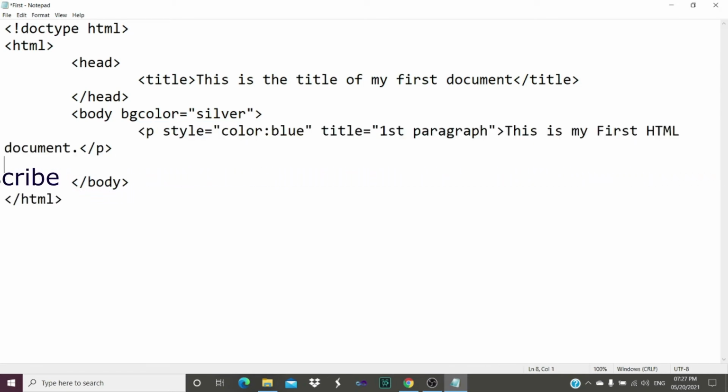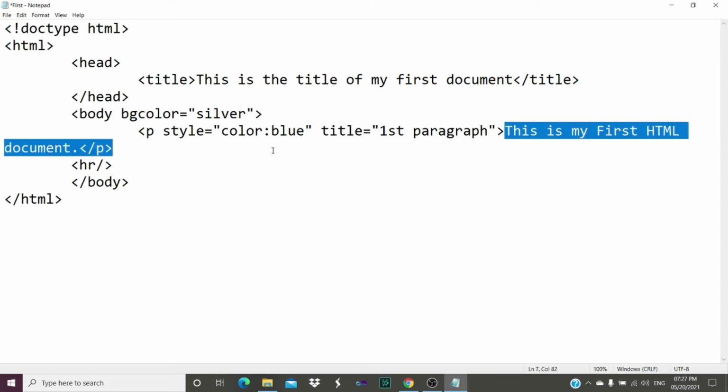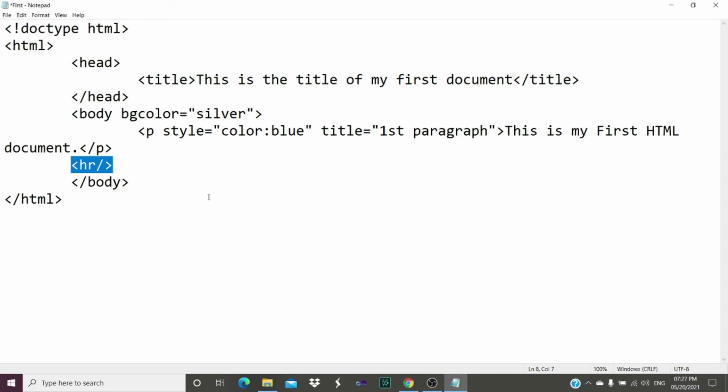We will use over here the HR tag. That is, I want the horizontal line. So over here, I have added the HR tag. So after this is my first HTML document, right? This statement, which will be displayed on our web page, we will have one horizontal line. Now, after that, we will give the heading. So for that purpose, first we will use the H1 tag. And as I have already told, it will give us the highest size heading, that is the biggest size heading we will get with the help of the H1 tag.